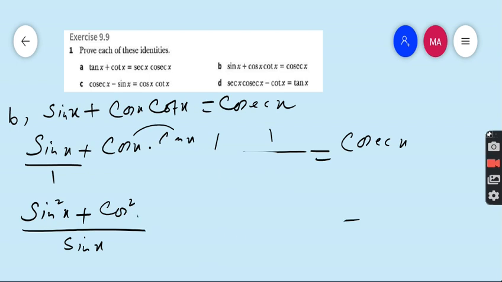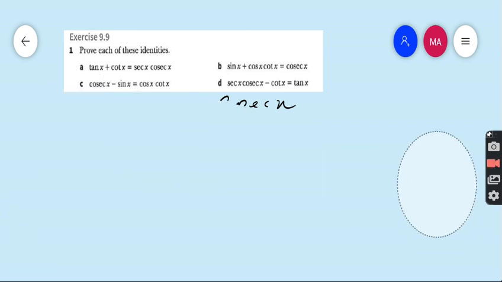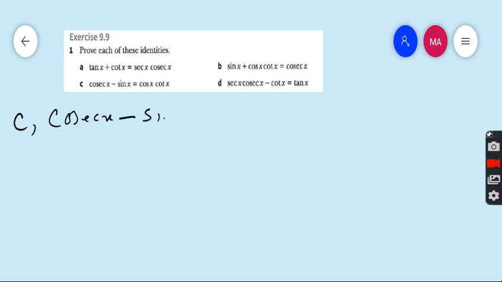Move to part C. Part C is cosec x minus sin x is equal to cos x cot x. So take left hand side. Cosec x is 1 upon sin x